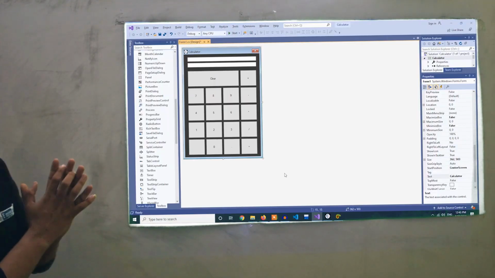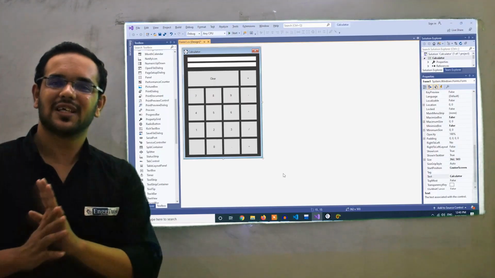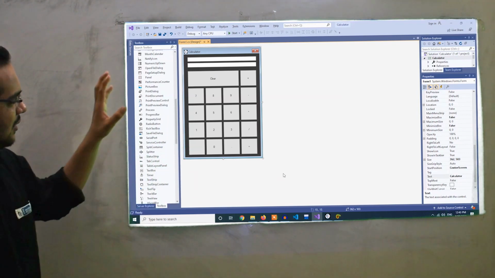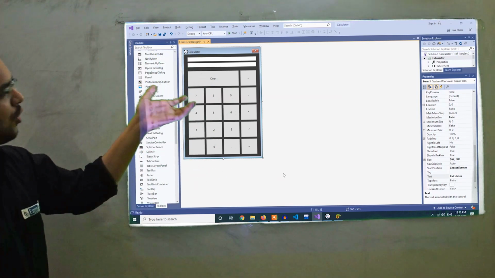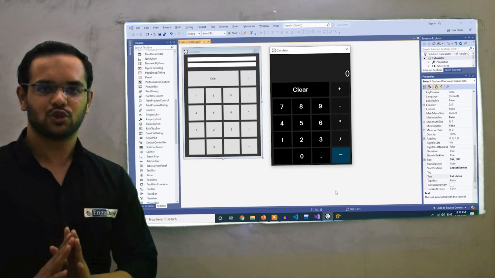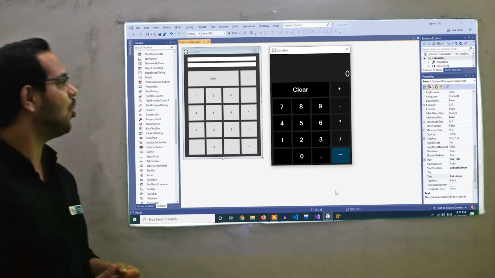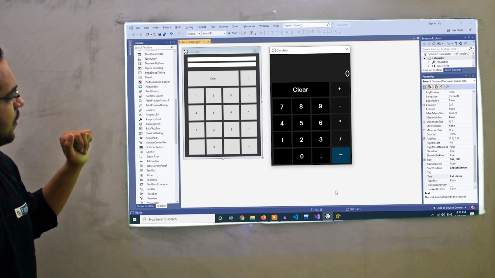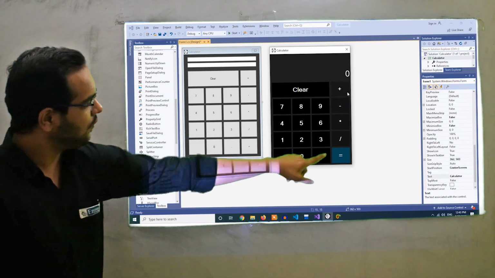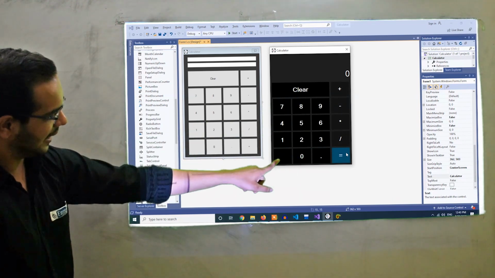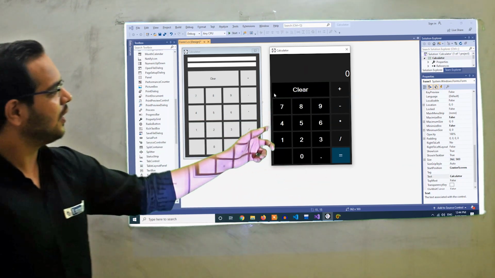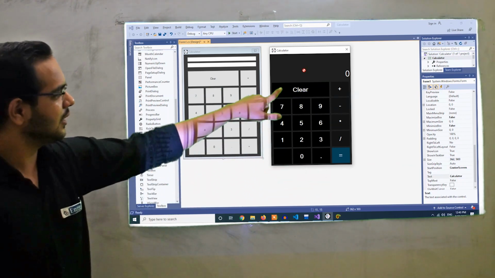Now we have our form ready, but it is still not good looking, because the interface or front end of all UI elements is the default one declared by Visual Studio. Now we have to configure all these elements. You can see the back color of all buttons is black, the operation buttons' back color is gray, and the font color of the text is white.